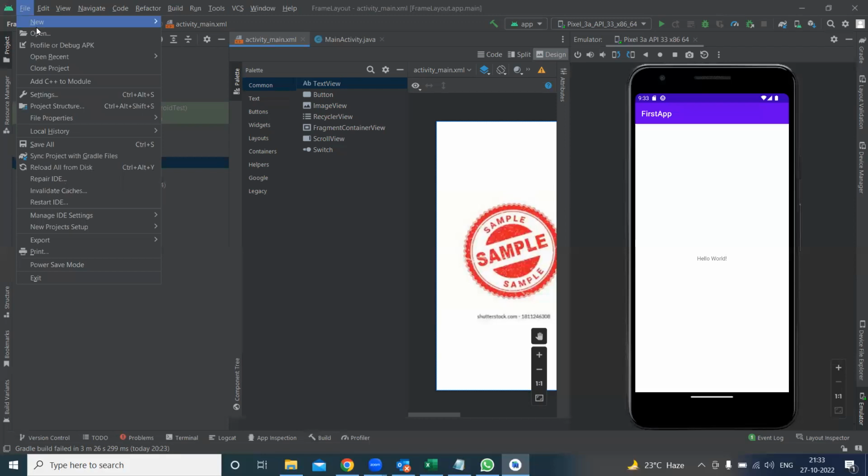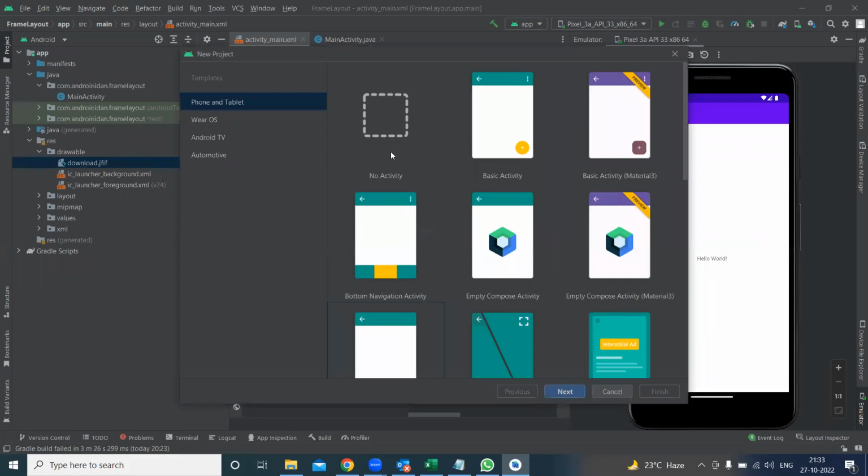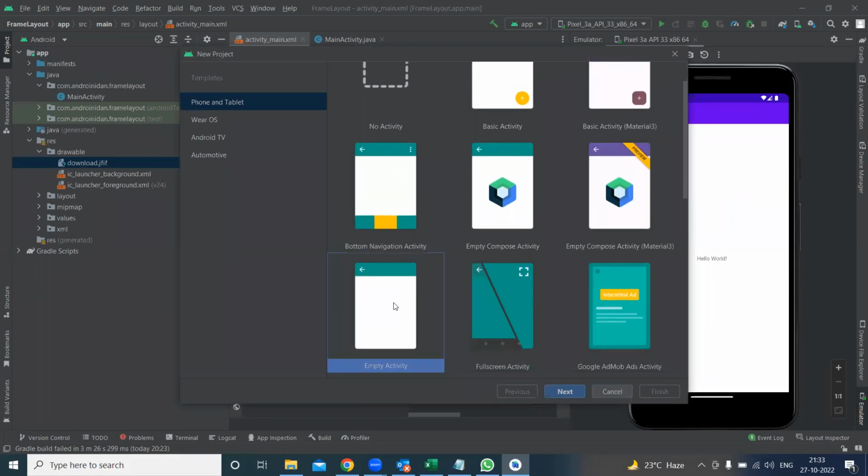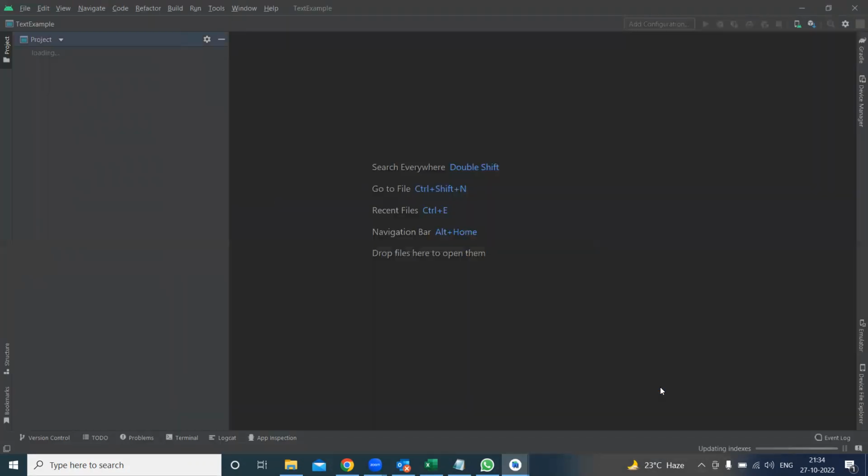So for that, here I'm creating one new project with the name of text view. I'm taking this empty activity, and I'm taking the application name as text example. With Java only, I'm creating this. Once this project has been created,